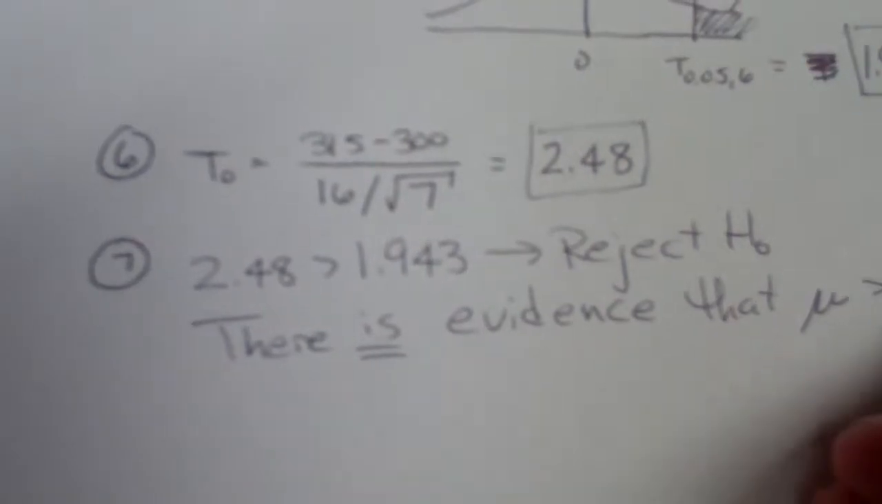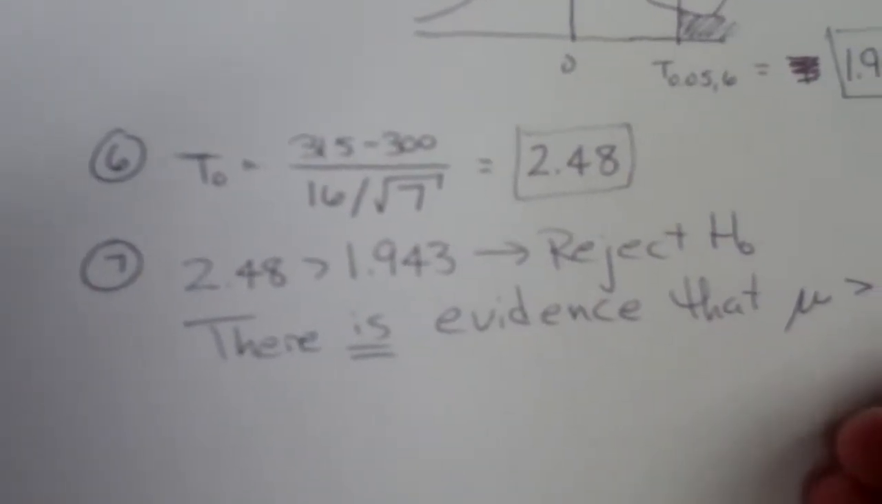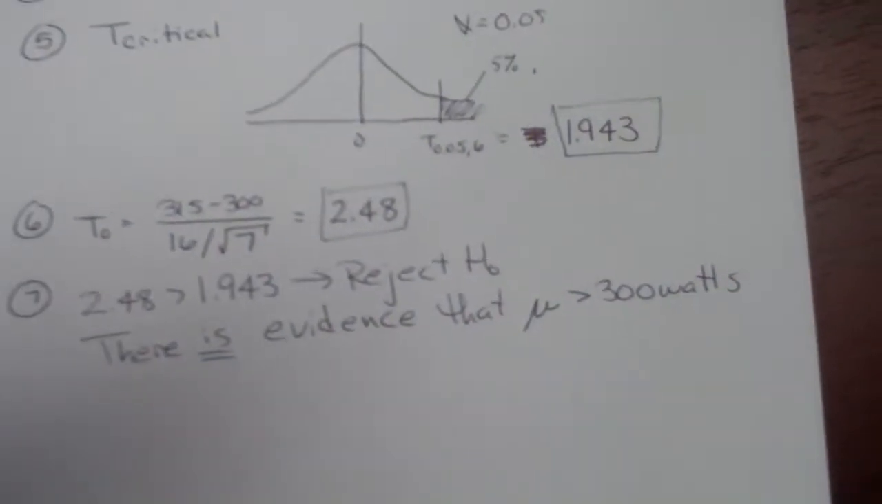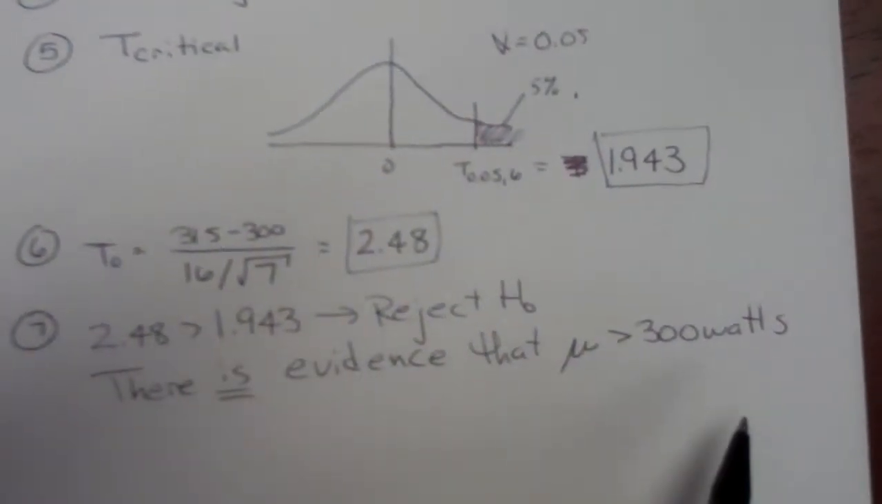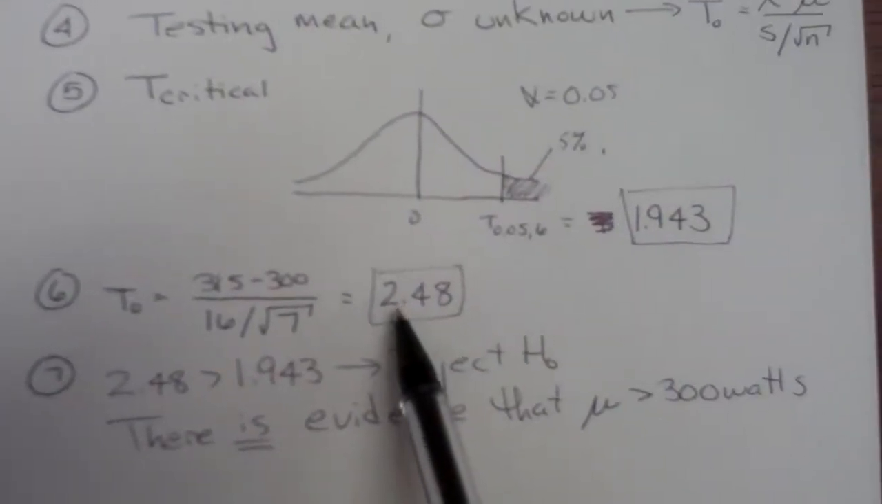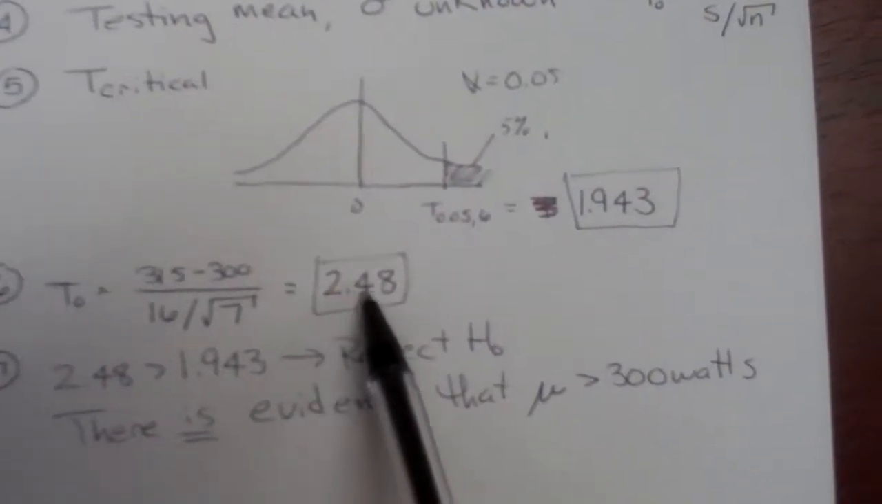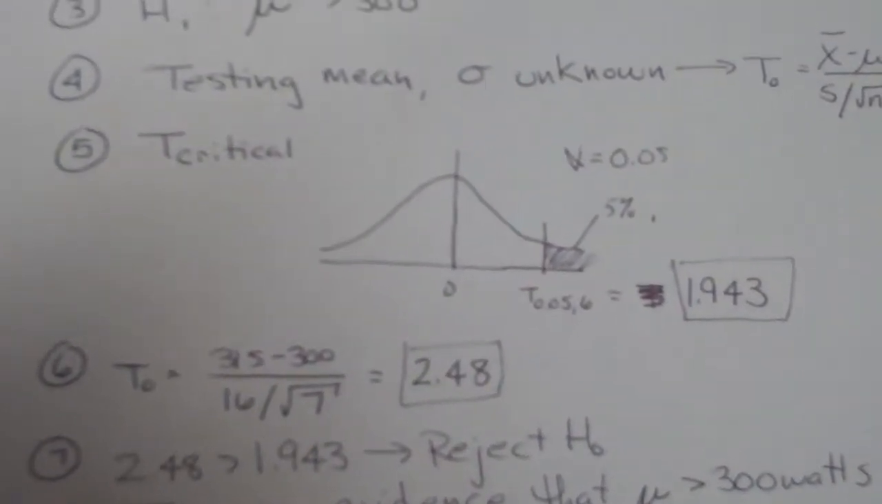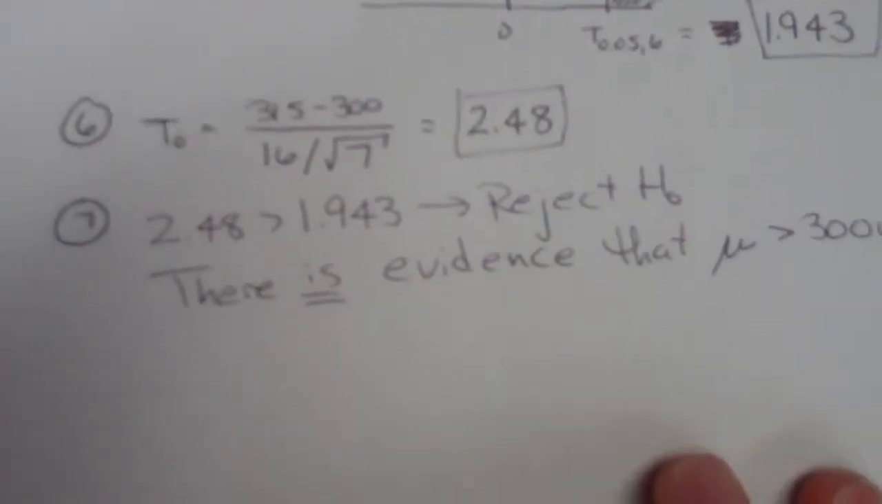We do have evidence that is statistically significant that mu is greater than 300 watts. This would be our conclusion from comparing our test statistic to the critical value. Now the problem also asks for a p-value, and we can see the p-value